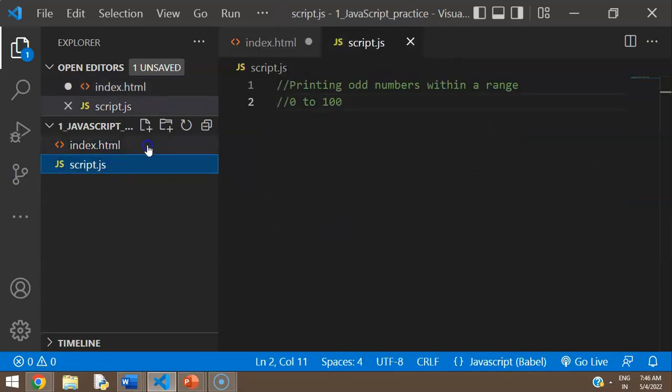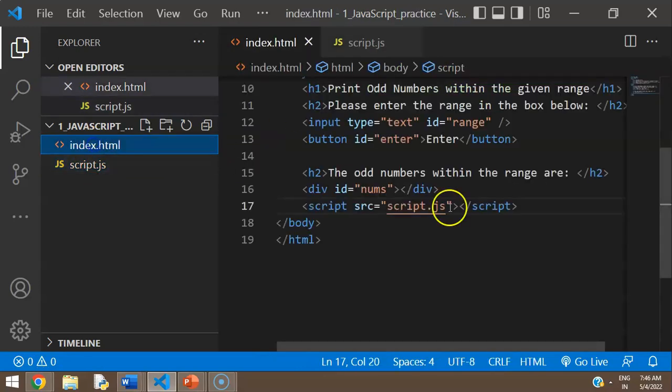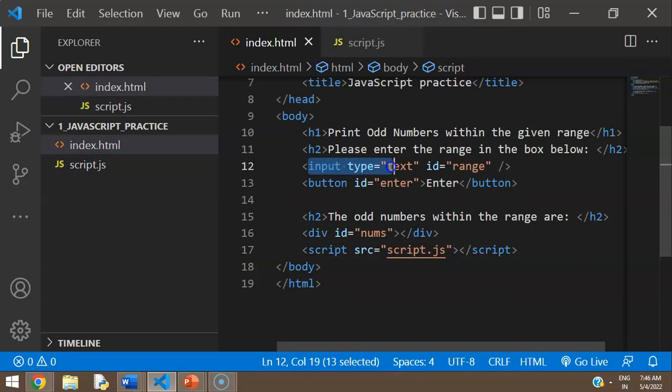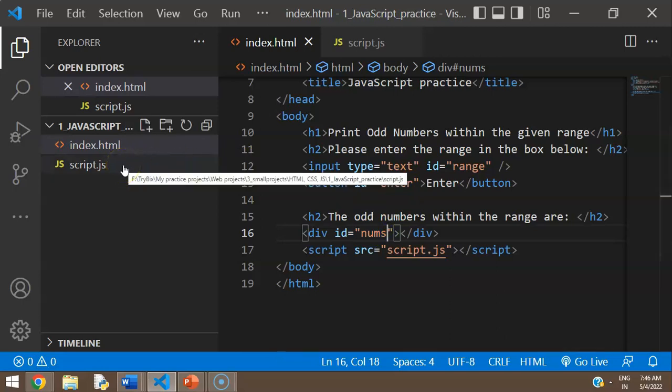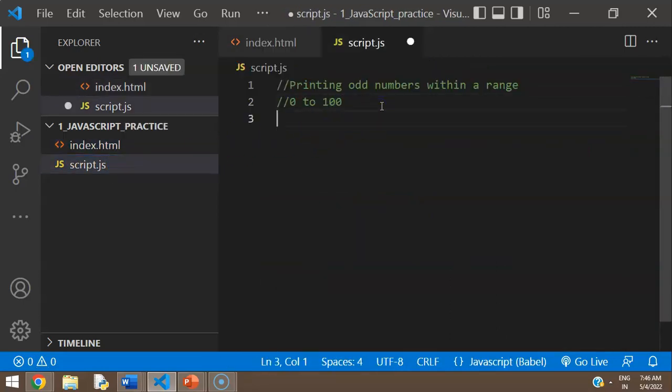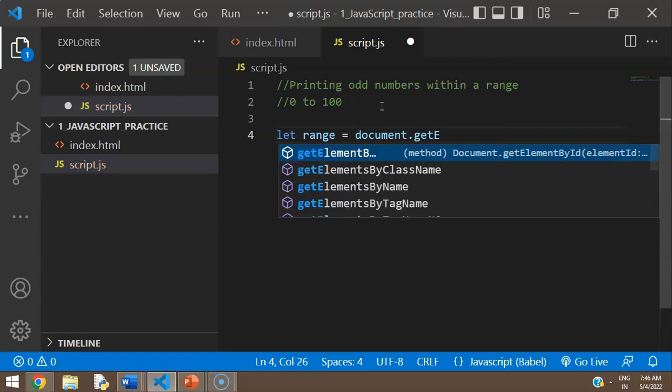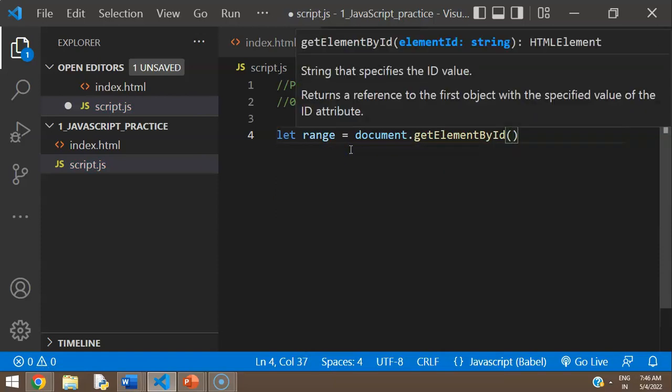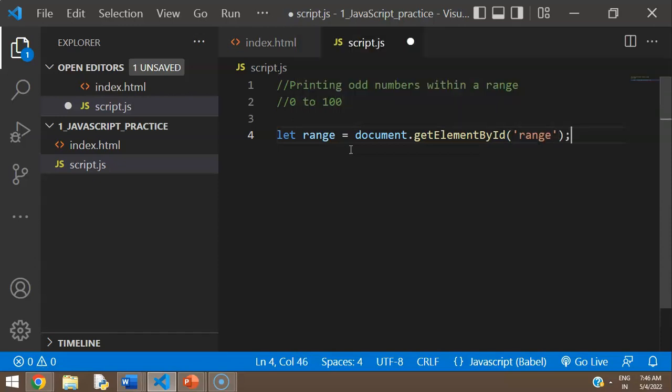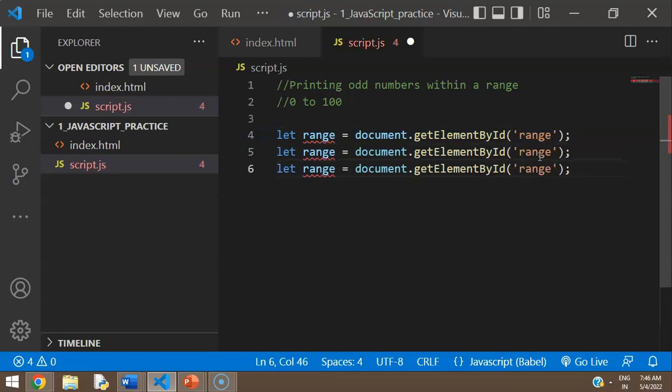Alright, so let's go to our script file. Let's save everything and go to our script file to start with. Now see, we have a bunch of elements in here. So we have this input box, we have this button, we have this div element, and these have unique IDs because I want to manipulate them by using JavaScript. So I'm going to first receive or extract all of these elements in JavaScript, right? So let's just do that to start with. I'm going to be using the document.getElementById method because I've just created unique IDs for each of these, and I can just use that. Right, so I've received a range, and I'm going to copy and paste this 3 times